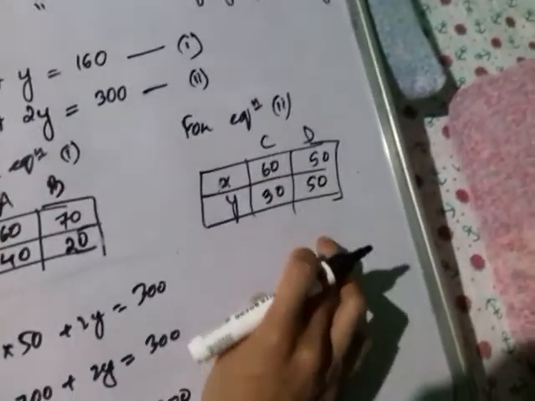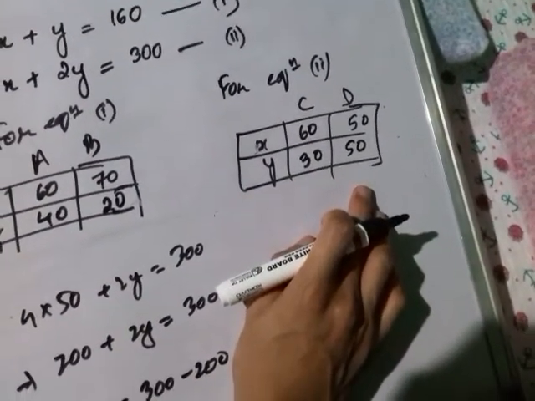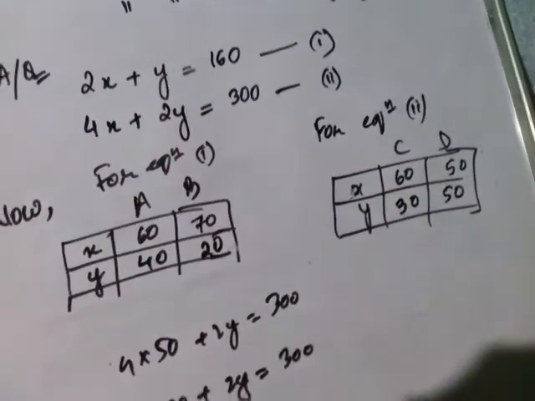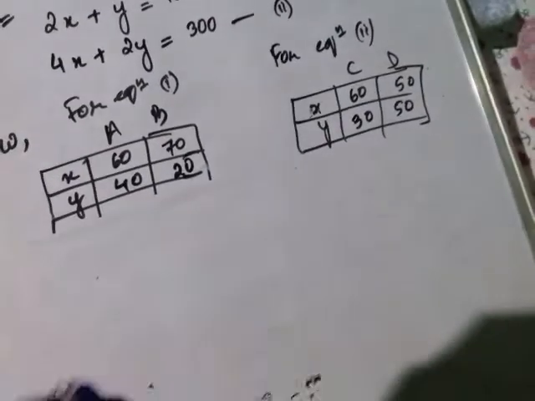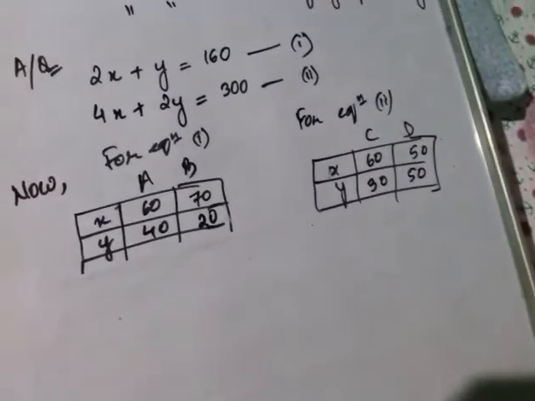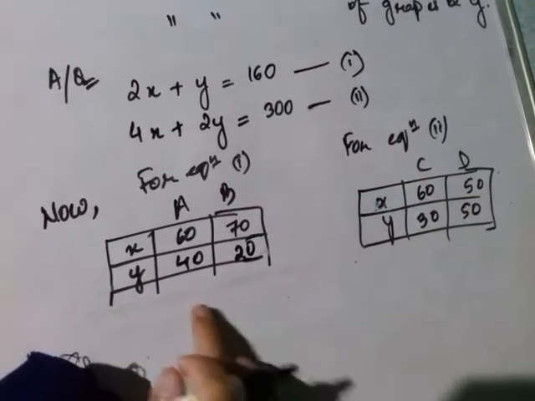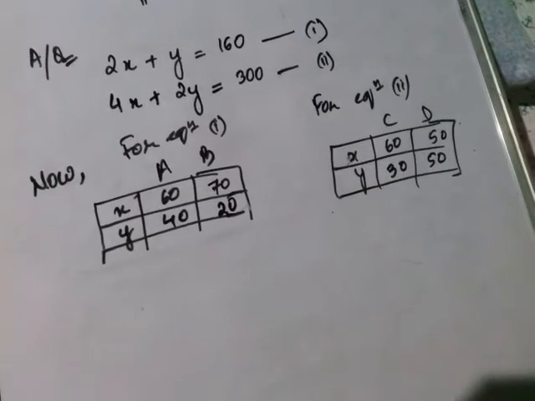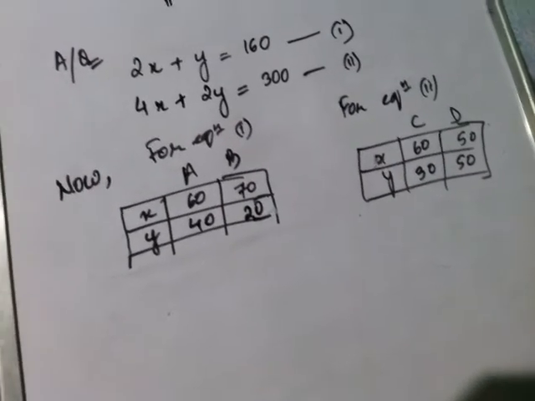Okay, so why have I taken x first? Why didn't I take y first? Because x is first, no, so that's why we take x first. Understand? So I have taken for you all the points, that is for equation 1 and for equation 2. These are the points you will plot on the graph. Understand? And you will do question number 2 as your assignment.